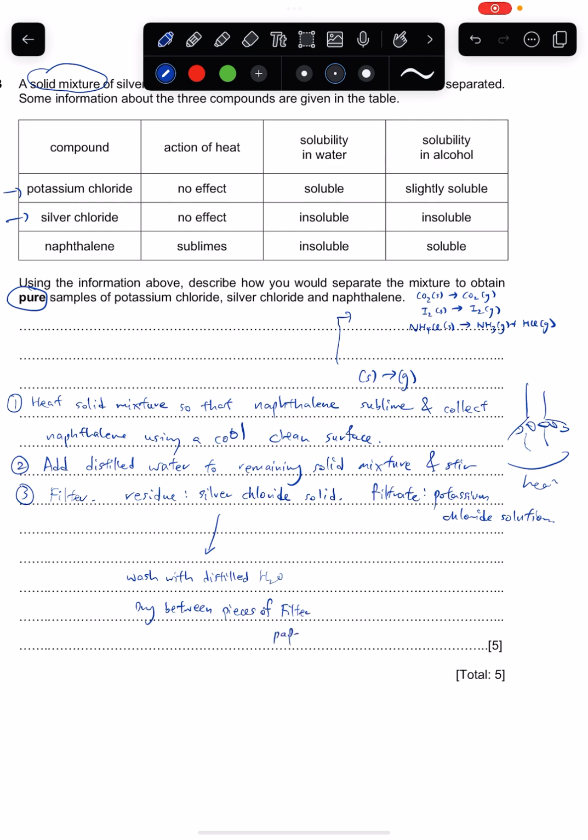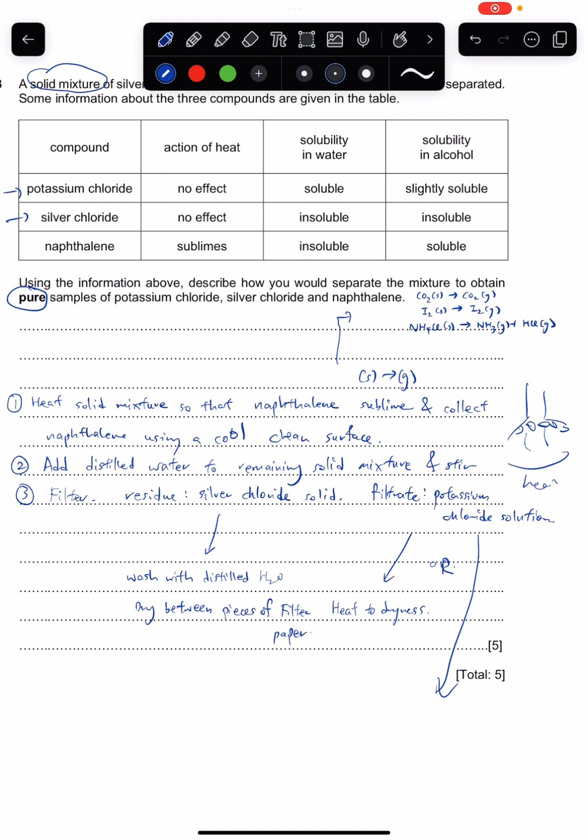So by doing that, I get pure and dry silver chloride. What about potassium chloride? Okay, there are two variations. For this case, only for this case, you can heat to dryness. It is rare. But then how to know what ionic salt needs to be dried to dryness, and which one needs crystallization? Actually, if you write crystallization, it's also correct. If I were you, I would just remember as long as it's an ionic solution, let's just crystallize,